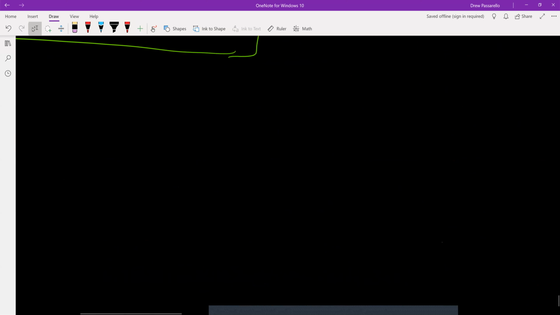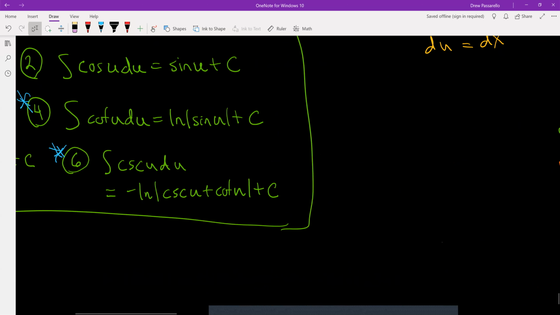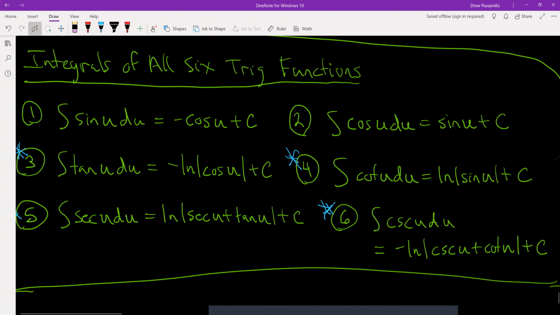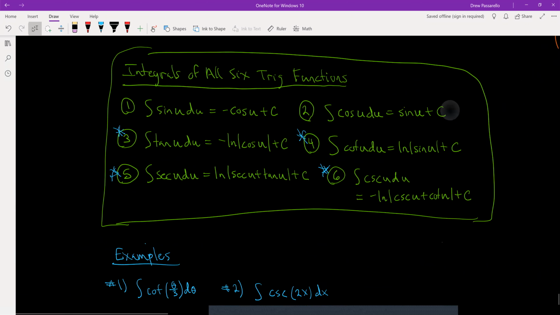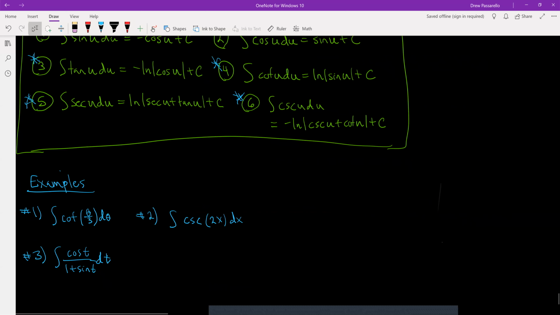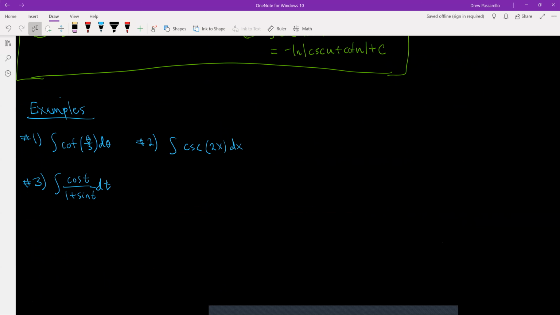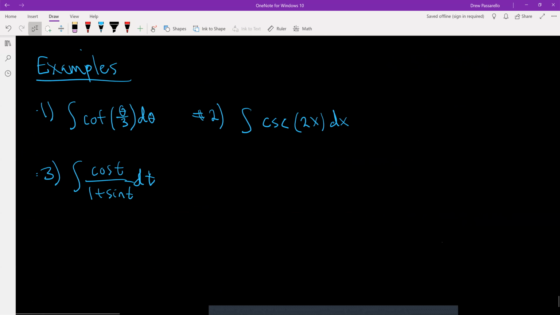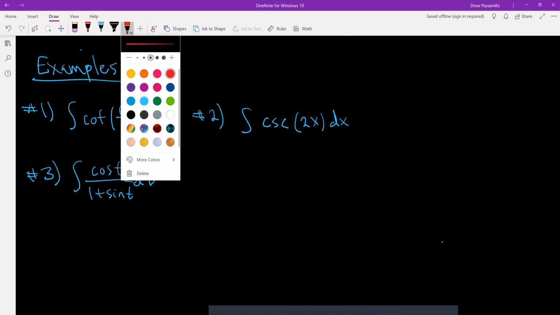Now for the rest of this video, we'll do examples involving some of these trig function integrals. And the ones I starred are the ones that we haven't done yet. Again, if you look at the integration table, you'll see all of these listed. So I'll be doing these 3 examples. So for the solutions for these,